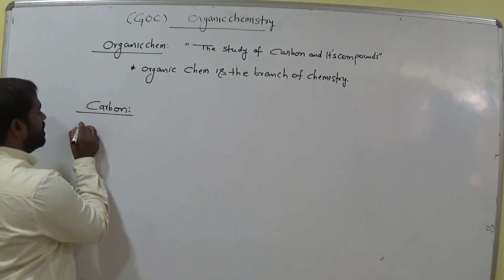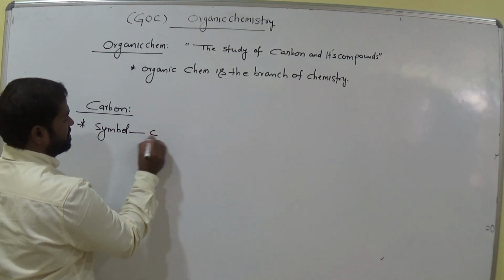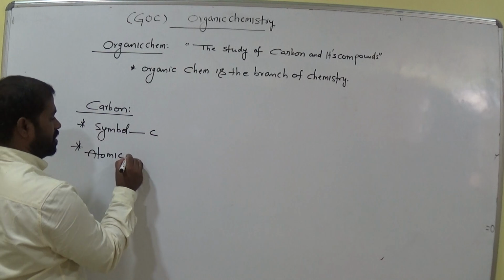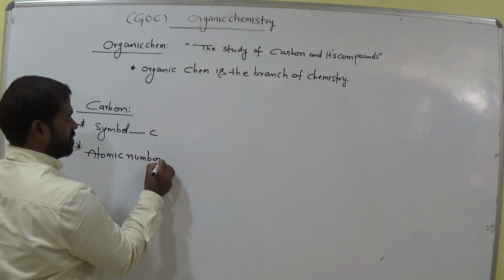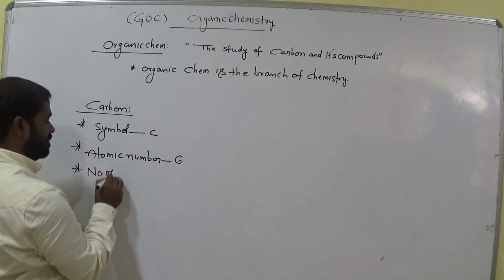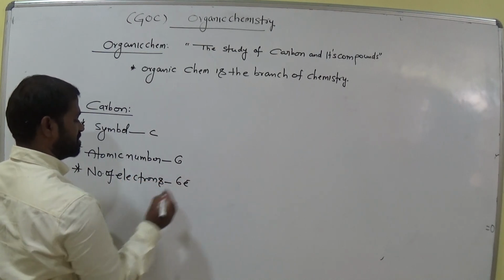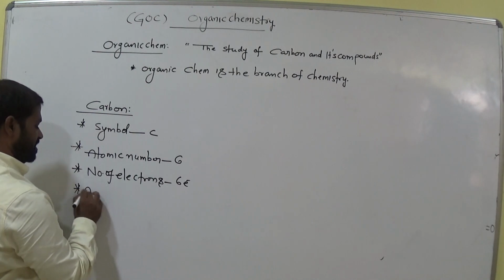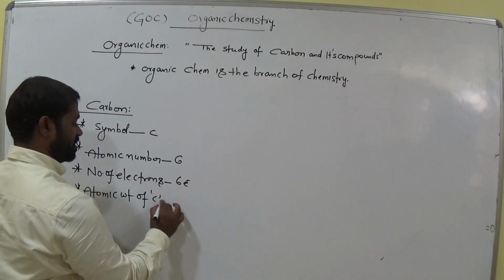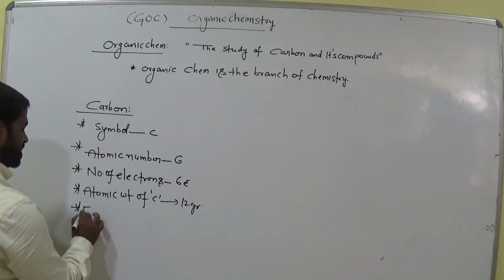So what is the symbol of carbon? The symbol of carbon is C. Its atomic number is 6. Number of electrons: 6 electrons. Its atomic weight is 12 grams, and its electronic configuration